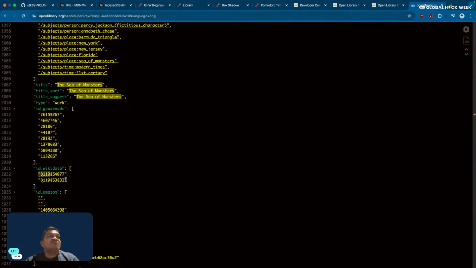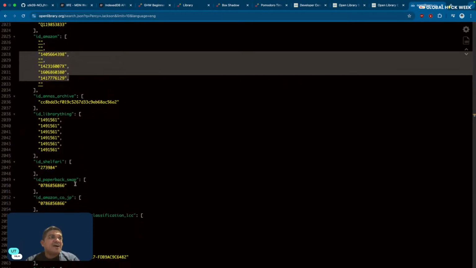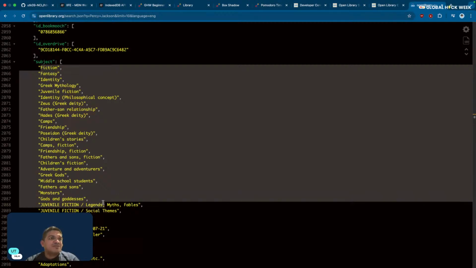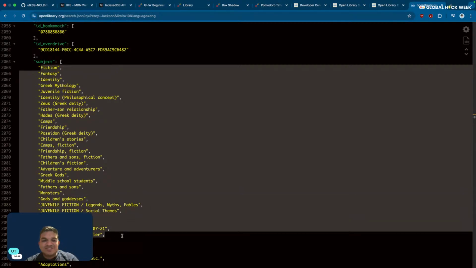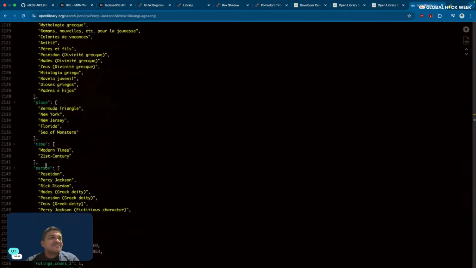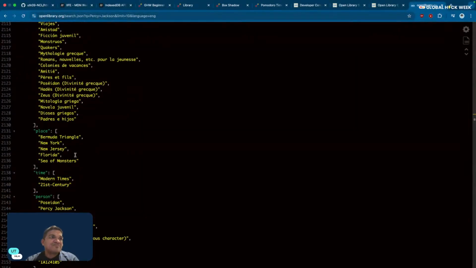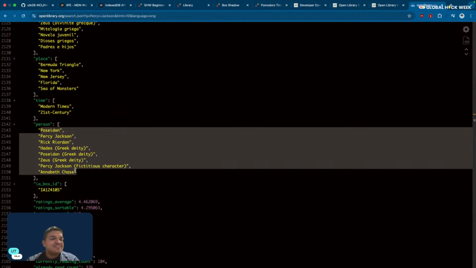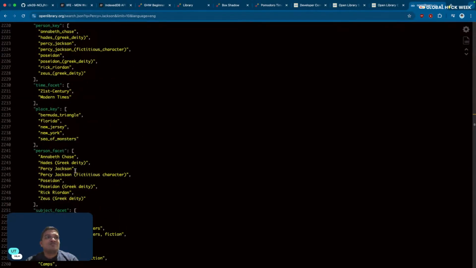It gives you the ID on Goodreads, ID on Wikidata, ID on Amazon, ID on other websites. It gives you a subject, like what would be the keywords or subjects that this belongs to. It's fiction, it's fantasy, it's Greek mythology, it's juvenile fiction, and it has a father-son relationship in it. There's a relationship with Hades there, Greek gods, adventure, and I'd say a lot of things. Place, Sea of Monsters, for some reason is Bermuda Triangle, it seems. The persons in the book, let's just say there are lots and lots of details,